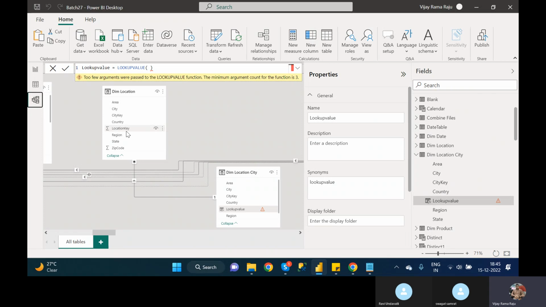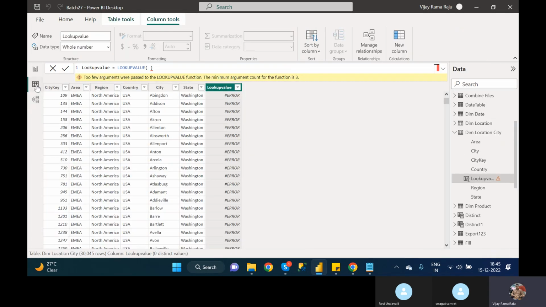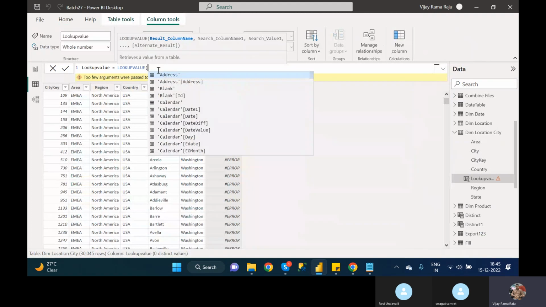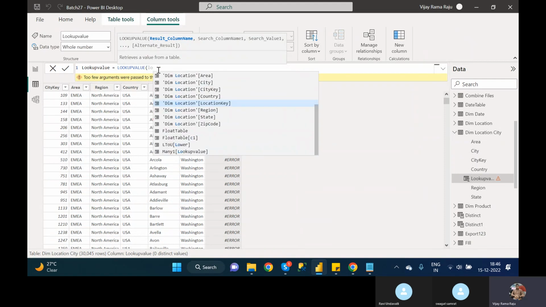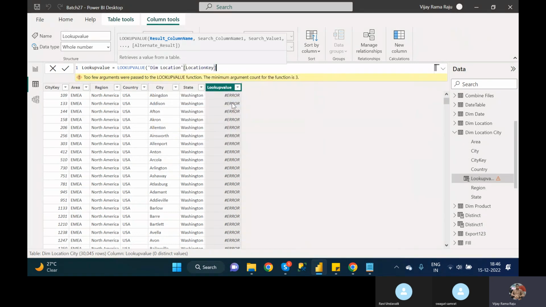This column I want to get into dim location city. Then how can I get it? I'm writing lookup value in dim location city. In this, what column do I need to get? Location key, right? See here, I want to get the dim location key, so you have to select that column,